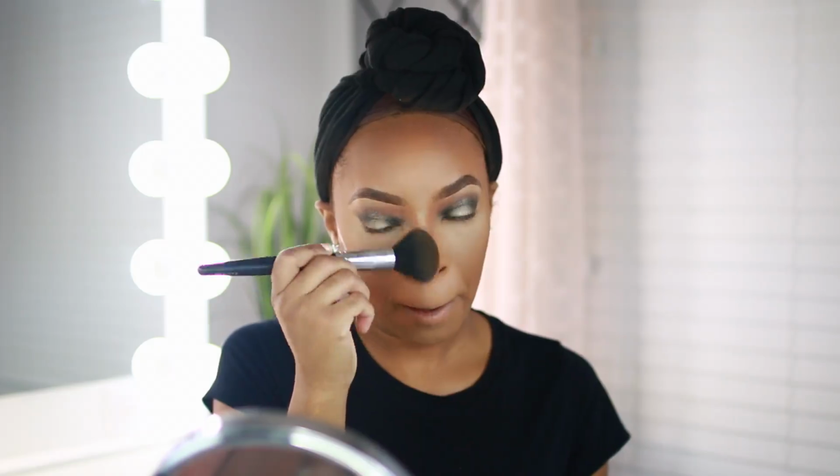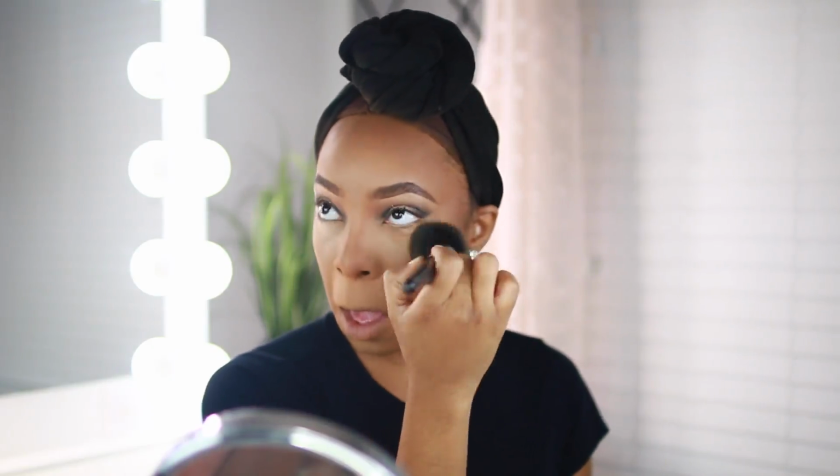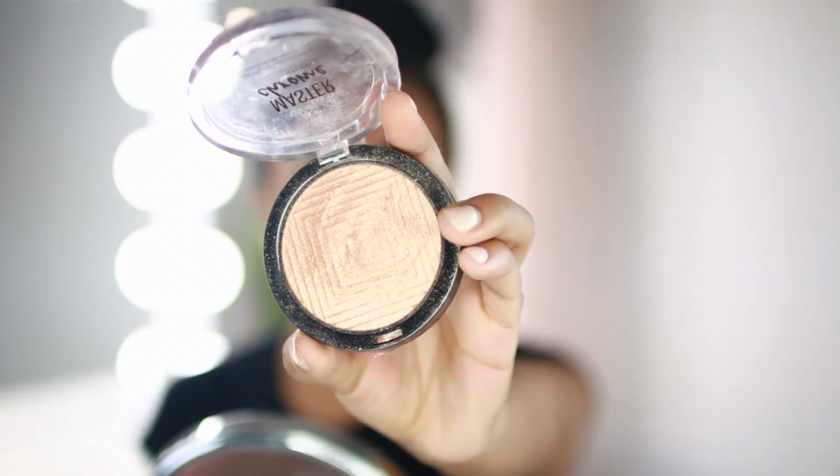All right, and then dusting away any excess powder. Make sure that everything is nice and blended. So blending, of course, that nose contour and then dusting away that excess powder. And then I'm gonna go in with my highlighter, which I'll be taking the Maybelline Master Chrome highlighter, which